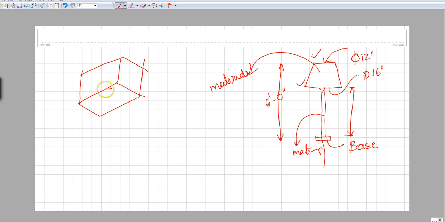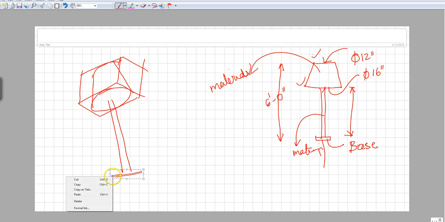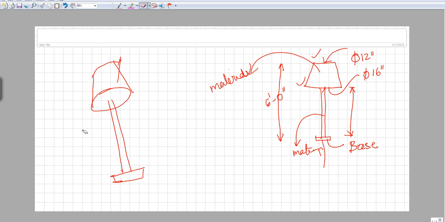So I can have, this is my top, this is my bottom, then my top is somewhere over here, then I would join that, and then I have that, and then I put in the base. Okay,